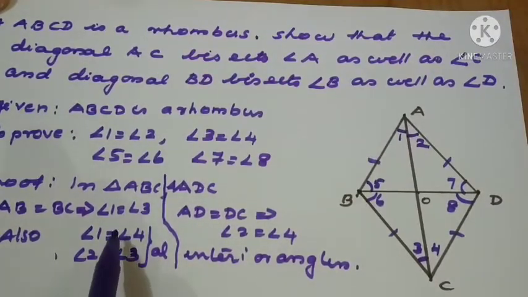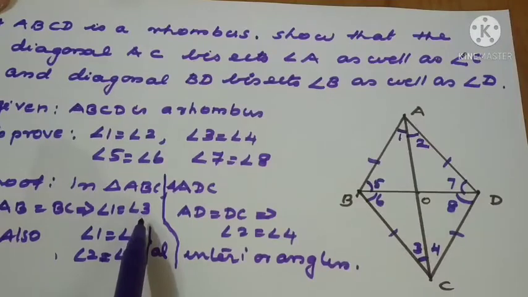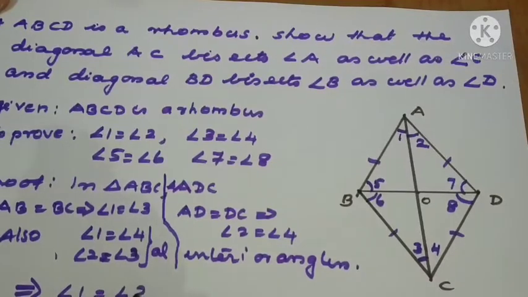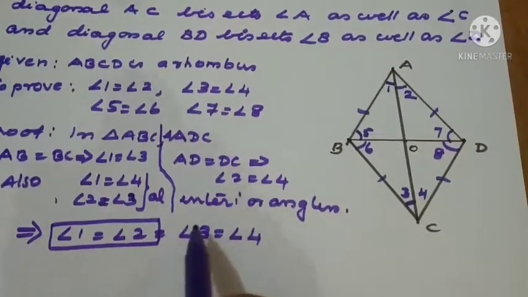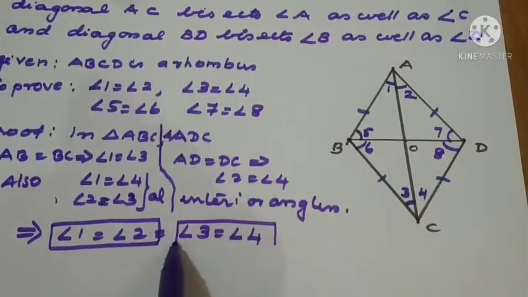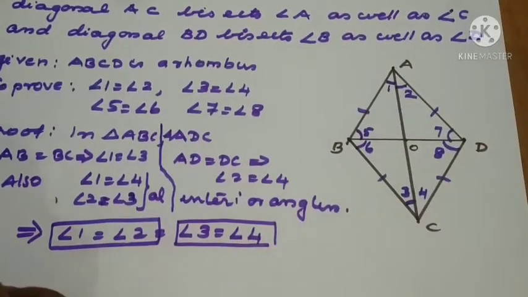Now what is the purpose here? Angle 1 equal to 3 as well as 4. But angle 2 equal to 3 implies angle 1 equal to angle 2 equal to angle 3 equal to angle 4. So from this we can say diagonal AC bisects angle A. Now from this side, diagonal AC bisects angle C. Therefore,